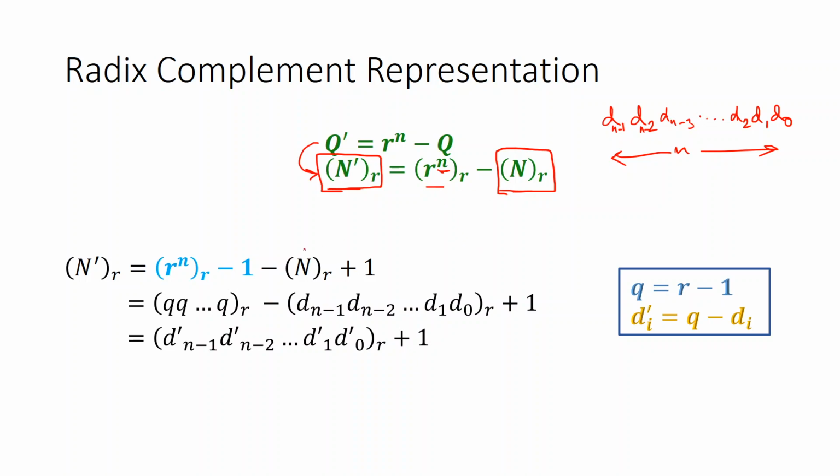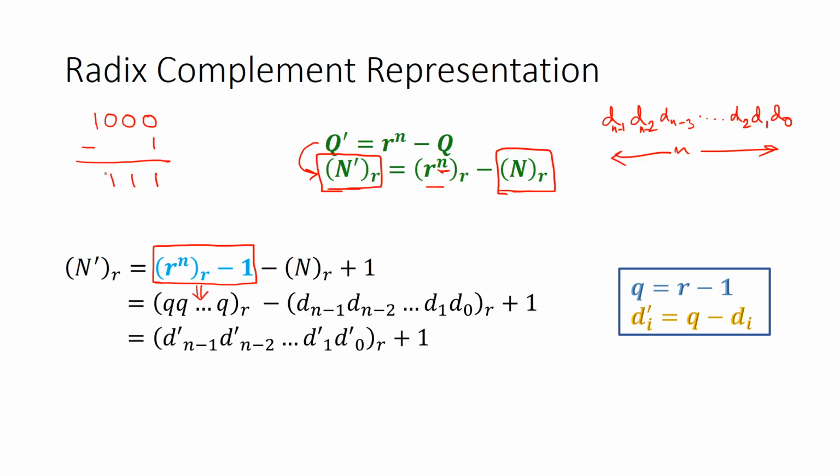So you look at this right hand side. The right hand side has been written in a different manner. I have just added a -1 and a +1. I hope you understand that this thing is equivalent to this thing, where q is r minus 1, which is the maximum digit possible. Let me give you an example in binary. Suppose I have the number 1000 and I simply subtract 1 from it, what I will get is 111.